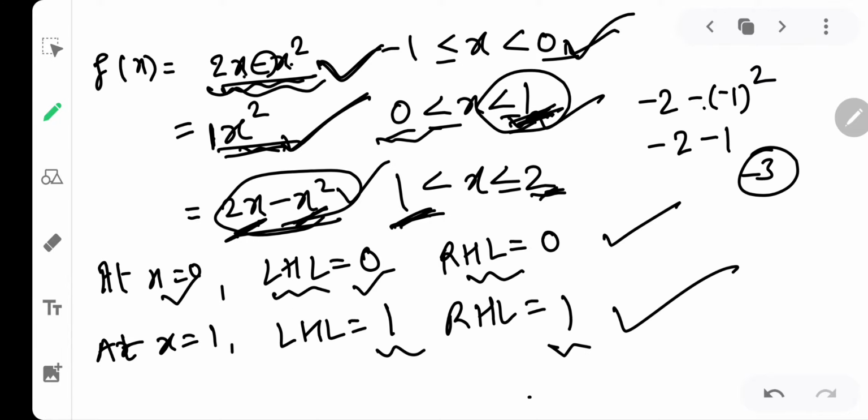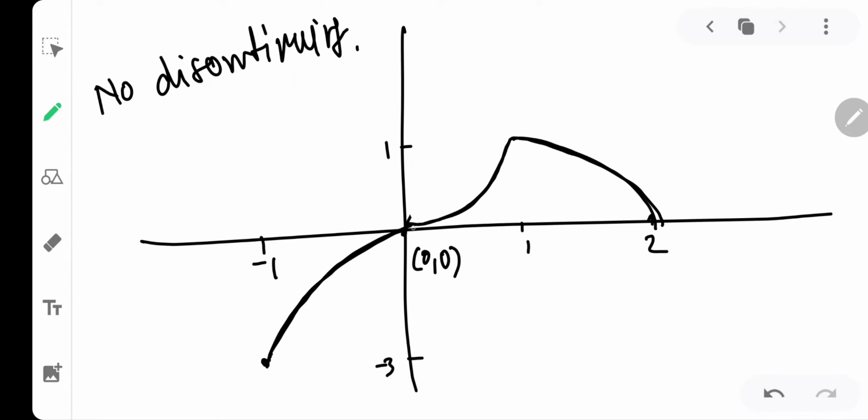Now, differentiability, you can simply differentiate this piecewise function, and then you can understand that LHD and RHD at 0 and at 1 are not equal. So, that also I will show you. But before that, I need to explain this. See, this is a sharp corner, and this is another sharp corner, one sharp corner and the other sharp corner. Okay, and this is an endpoint. So a function is never differentiable at